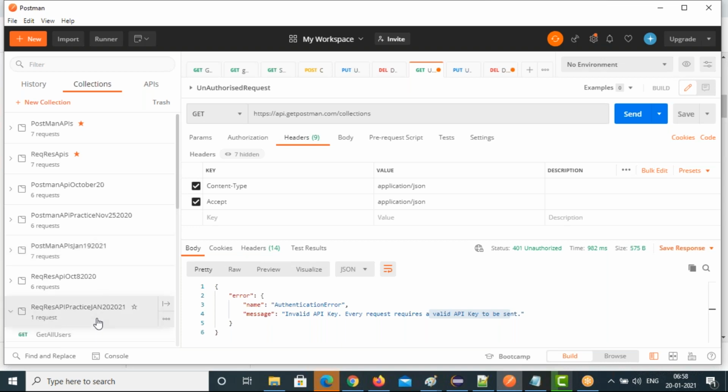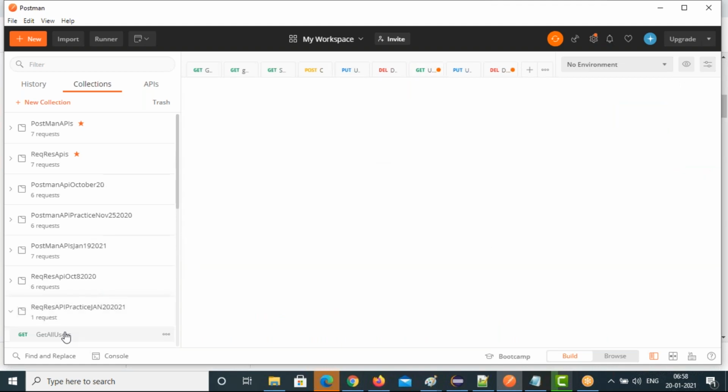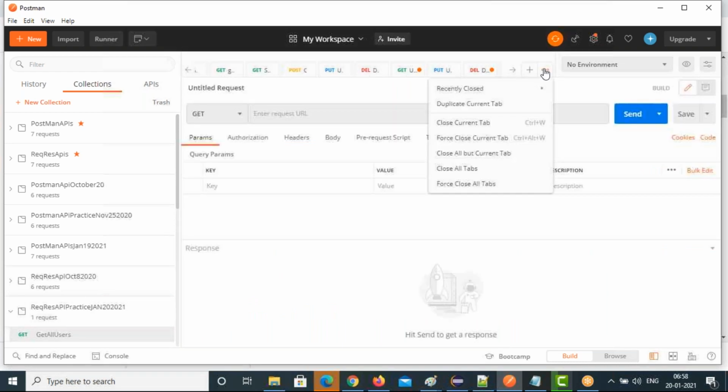If not necessary, you can delete other requests so that it will be easy for you to catch that. You can just close here also. Close all tabs, or close all but current tab.